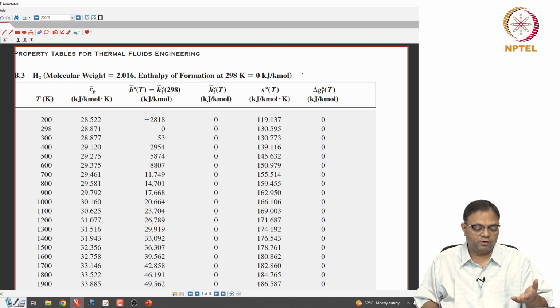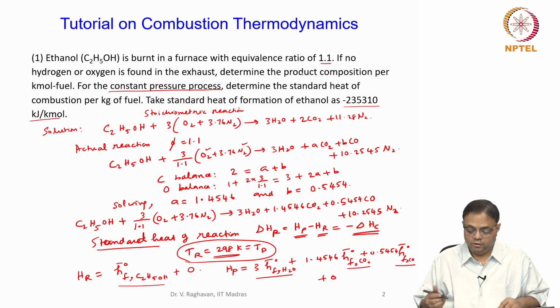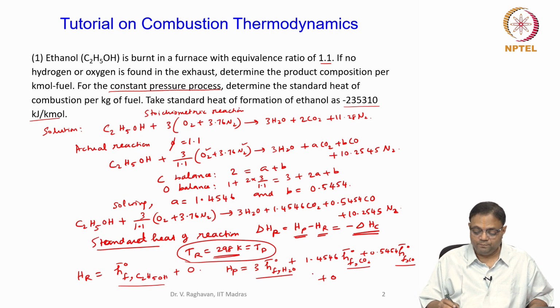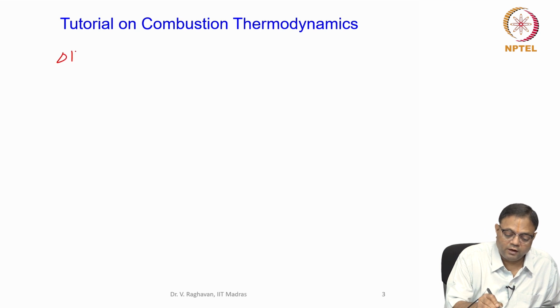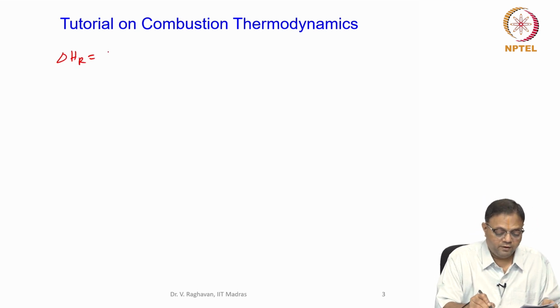Similarly, I can do it for the other species listed, so I can take water vapor and so on. From the tables, I will retrieve the values of these and find the delta HR. So now delta HR will be equal to HP, which is nothing but